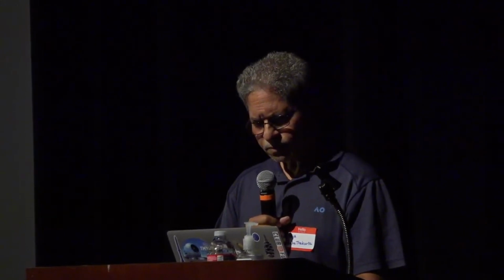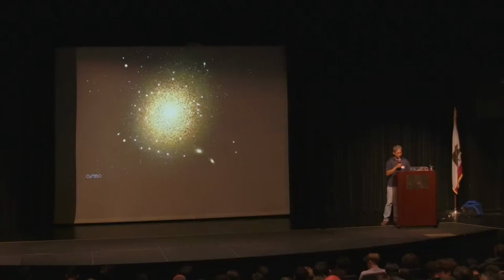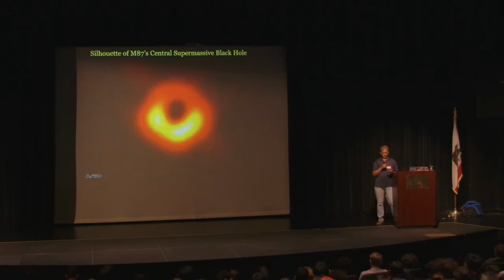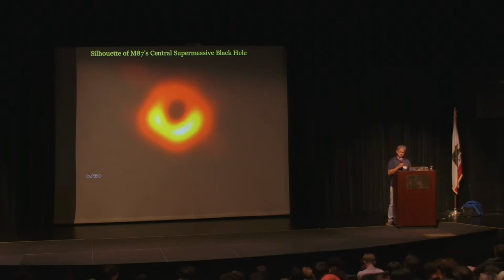All right, I'm not going to stop at this galaxy. This is one of the biggest galaxies in our neighborhood, but the reason I'm showing it is at its center, there is a supermassive black hole that was imaged recently with the Event Horizon Telescope. This is the most photogenic black hole you'll ever come across. The galaxy it's sitting at the center of is called Messier 87.